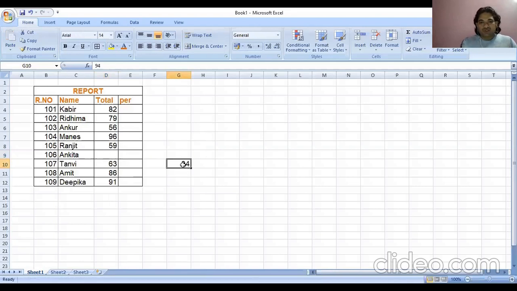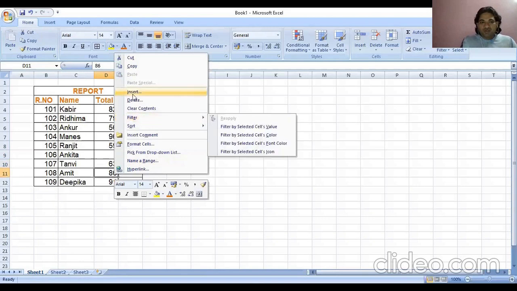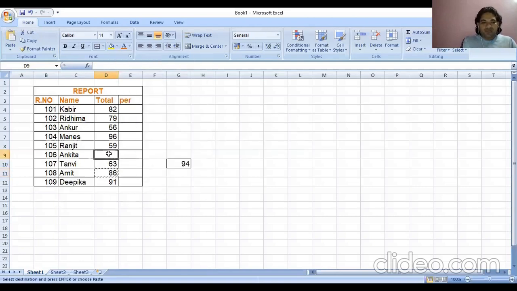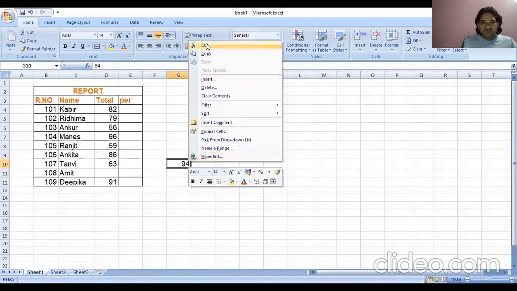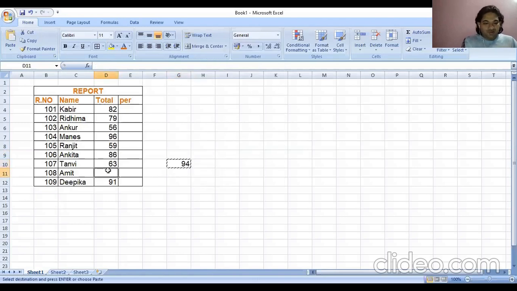Okay, the shortcut key is Control V for pasting, right? Now Amit's mark also, I'll right click with the mouse, cut and paste it. Now this mark which was outside, right click, cut and Control V, paste it. So you can see replacing of cell content. It can be done by editing, copy paste method, you can interchange, right? So this is how I have done changing of numbers. Even names can be changed. You can do editing work.